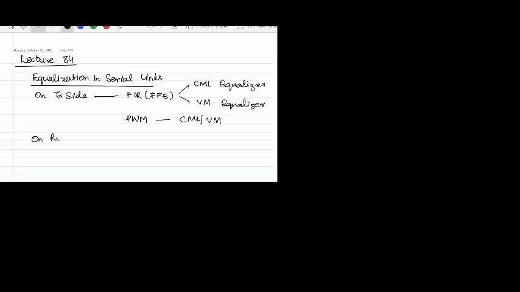Then on the receiver side, the same feed forward equalization can be implemented, and there are problems in implementing it, which we will see when we come to it. The other one is linear equalization, and this linear equalization can be both active and passive. I think you have seen the active part of this linear equalization in some form of CTLE. But there also exists a passive equalization which is used quite often just to boost up the loss compensation.